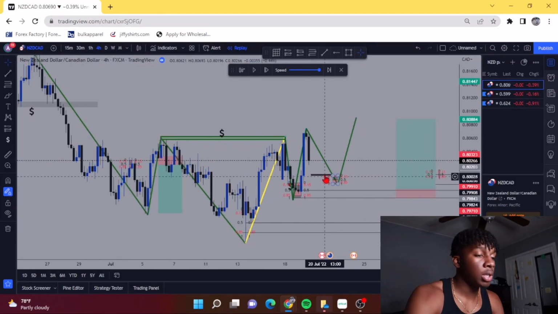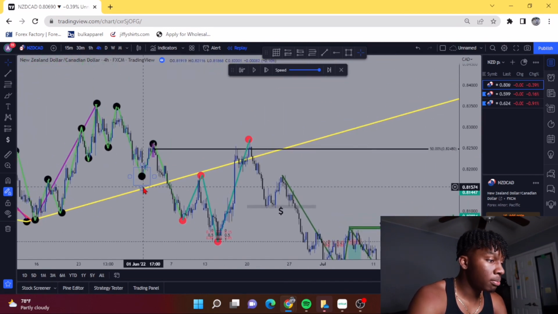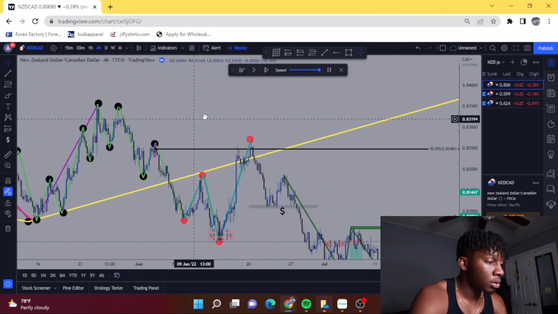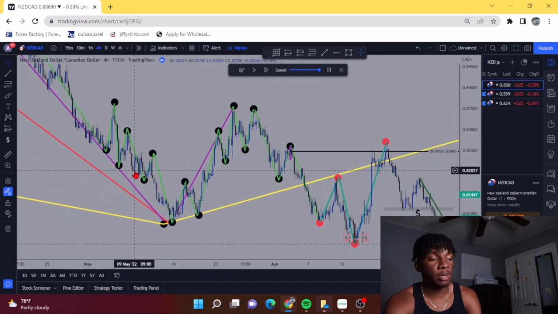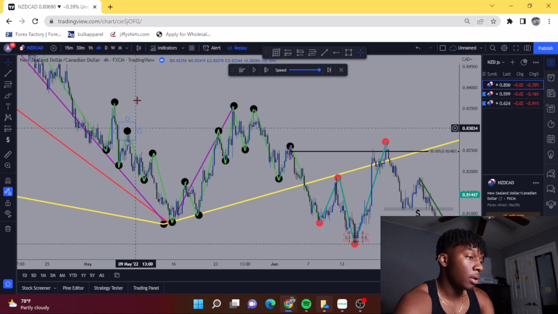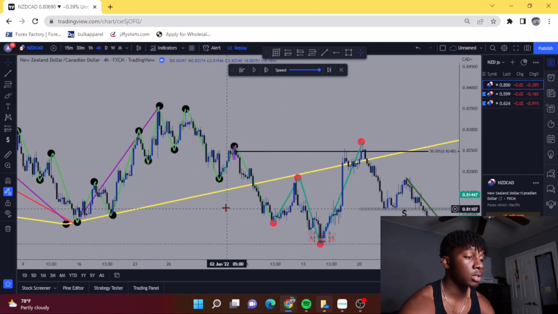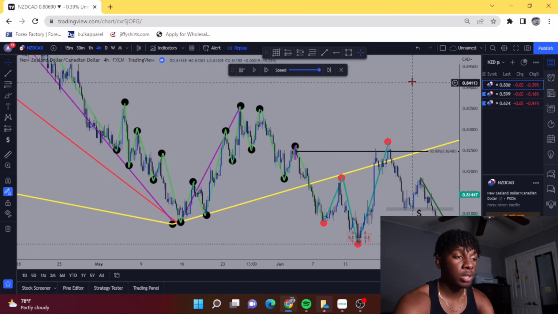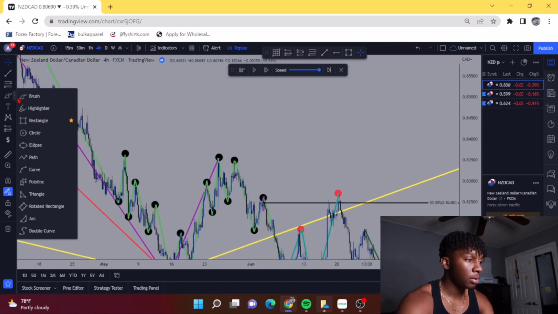So as you can see, pretty much the way that I trade is I basically mark up my charts in a line formation where it's higher lows and lower highs. And this is pretty much what I learned in IM Academy, as y'all seen in my last video when I was speaking about IM Academy and Rise Academy. They helped me understand that you should look at the charts in the lower low and lower high formation, higher low and higher high, right? You should see it in that formation. So you never want to look at the market with just the candles itself, but instead look at them like this,